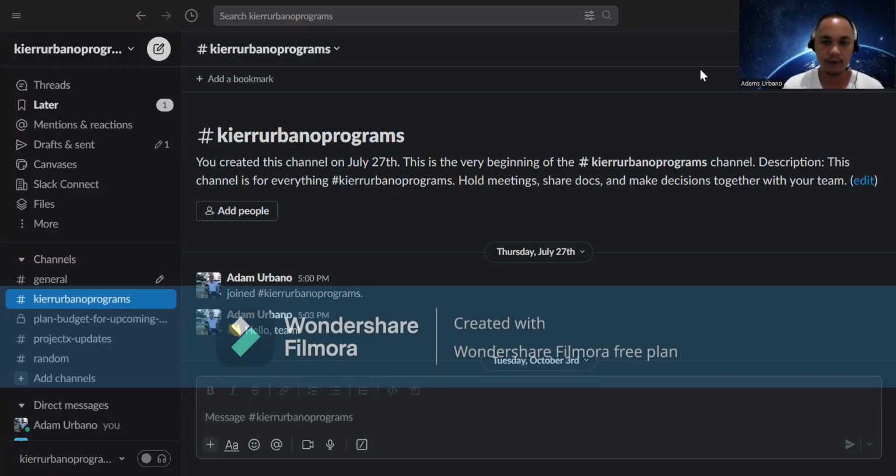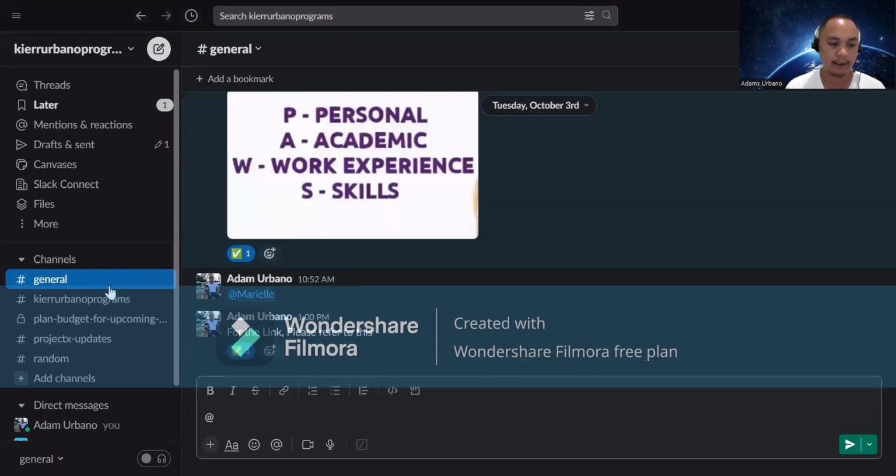Once you have logged in with your Slack, you will be redirected to this page. Now let's start this exhibit with channels, what channels are and how they work. We have here general channels. General channels are default channels or public channels that promote transparency and inclusivity. Any member in the workspace can view and join a public channel, giving everyone access to the same shared information. This is a great spot for announcements, team-wide conversation, and links.